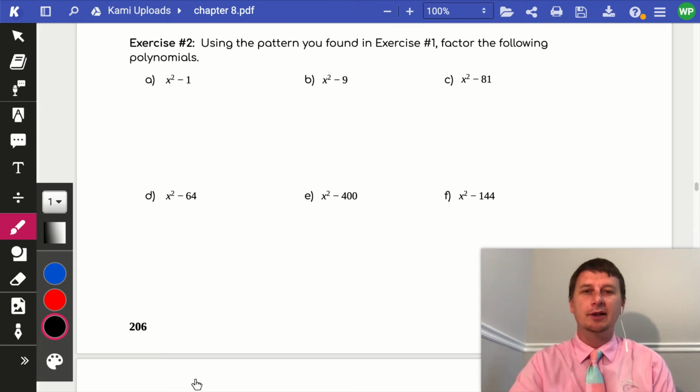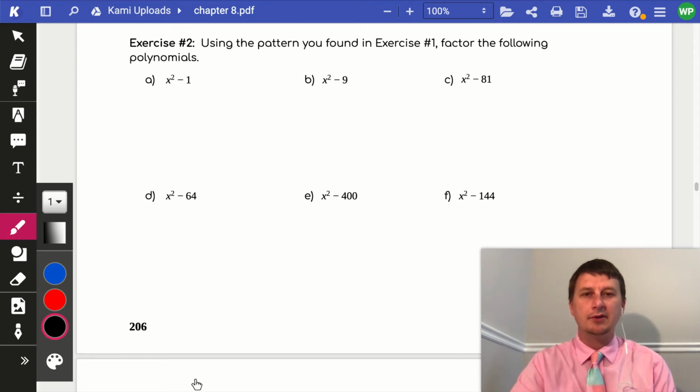And in this video we're going to look at exercise number 2 in chapter 8 where we're going to be factoring a difference of perfect squares. What do I mean by that? Well, in exercise number 2 it says using the pattern we found in exercise number 1, factor the following polynomials. So what I mean by factoring a difference of perfect squares is we always want to check and